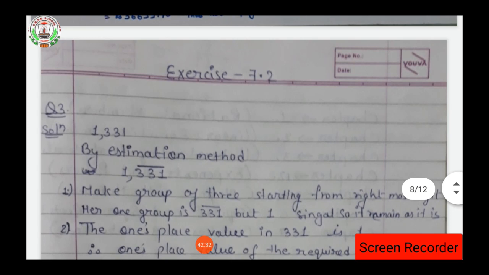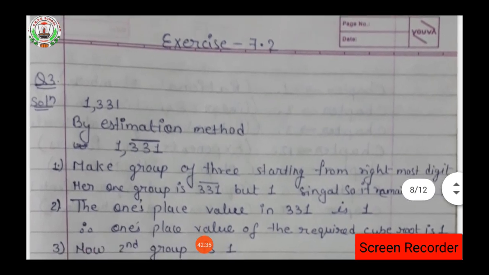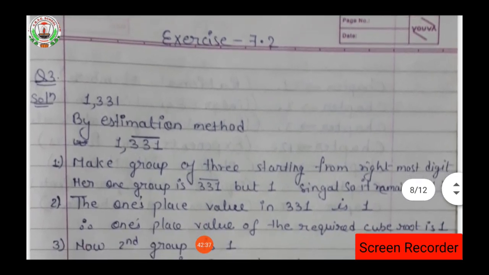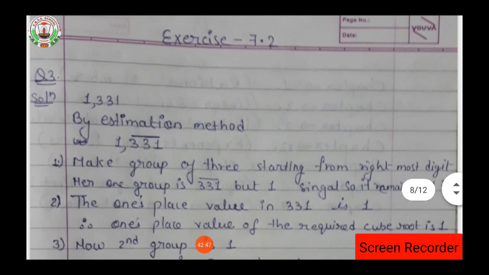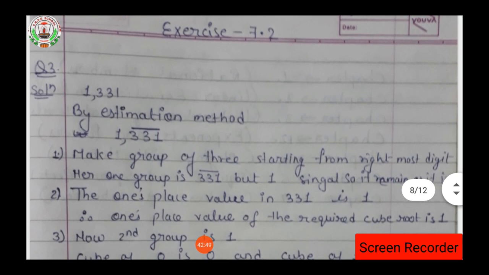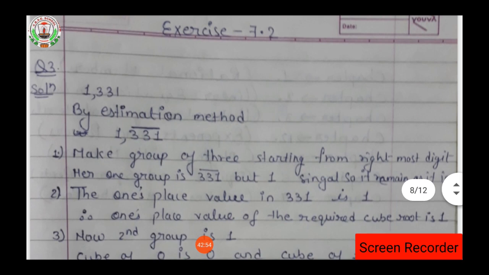Clear everyone? Now, as I told you that exercise 7.2 question number 3 is left out, isn't it? And I had told you that I will give you the solutions. So here is the solution. Estimate. Okay, we have to find the cube root of the number 1331, but we are not going to find the cube root by the long division method,